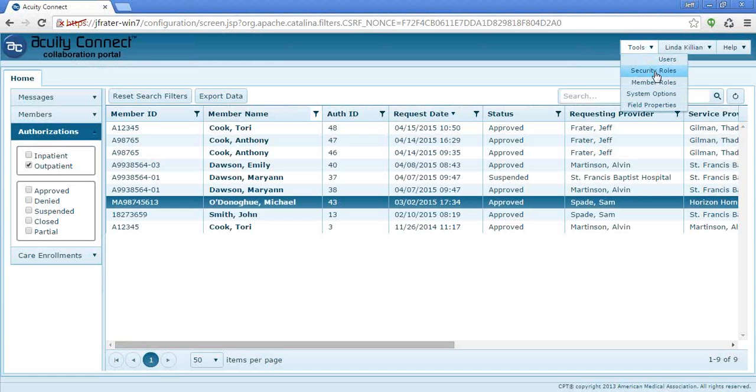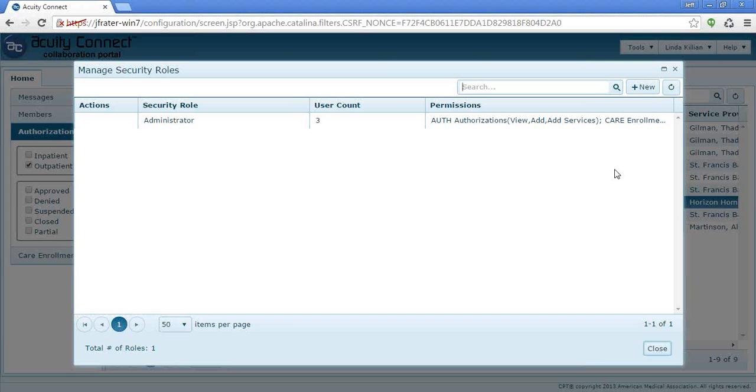Next, under the Tools menu, we see Security Roles. So in short, we use the security roles to create a role that defines what a user is allowed to do. Not a specific user, but a user role that would be assigned or affiliated with the user.